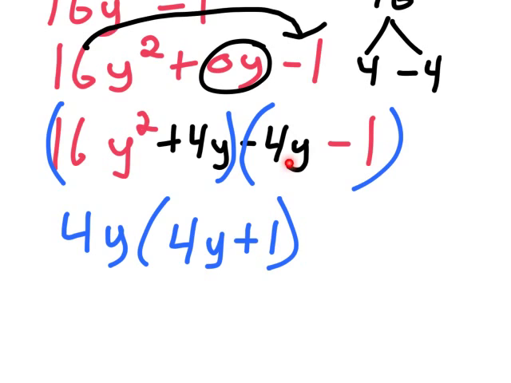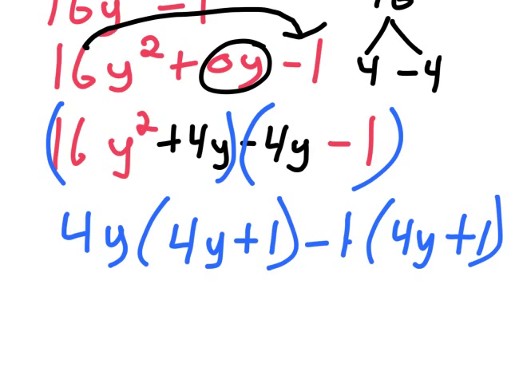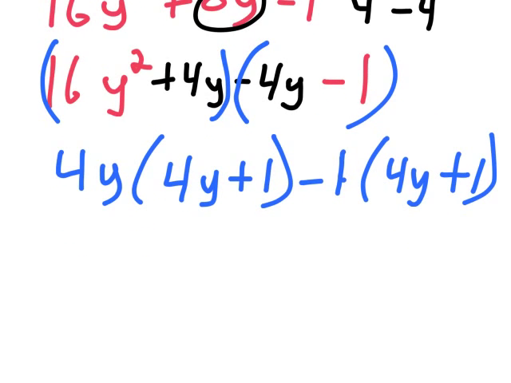And then in this one, if you stick to the good rule of thumb of keeping your parentheses positive, that's a negative 4y, so I'm going to divide out a negative 1 from that parentheses. And what's left over is 4y plus 1. And this is your goal from factoring by grouping, is to get two parentheses that match. Now that the parentheses are exactly the same, we're going to factor out the 4y plus 1,